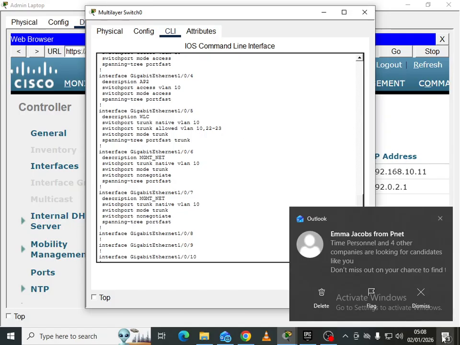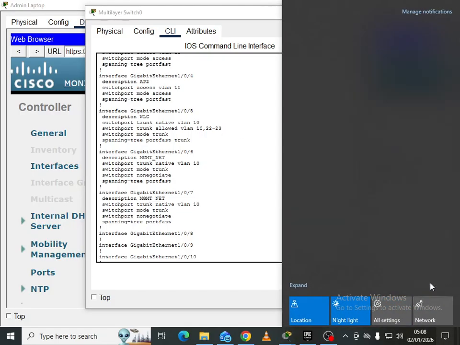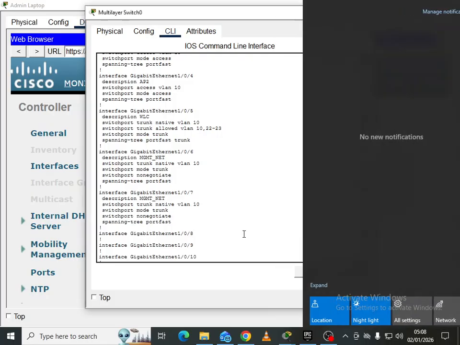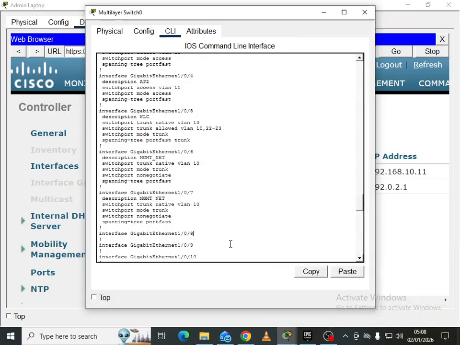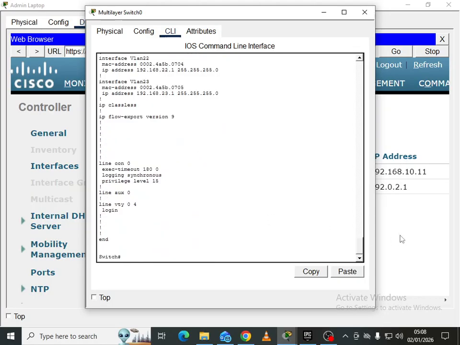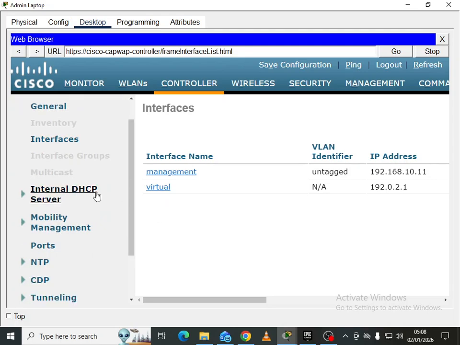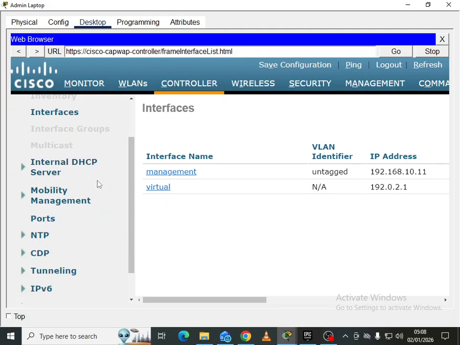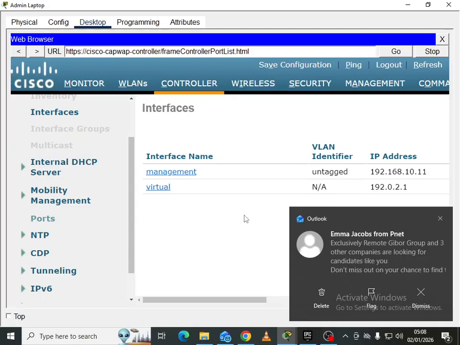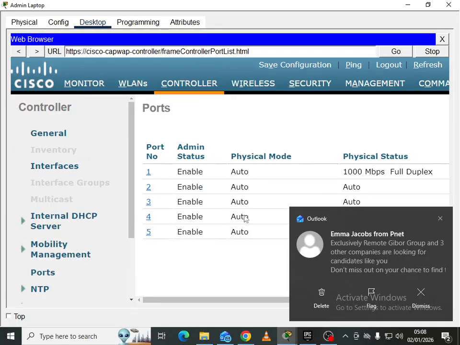Oh my gosh, it's going to be sending a lot of things. I'm sorry about that. Okay, so back here, we need to come to port because right now we need to